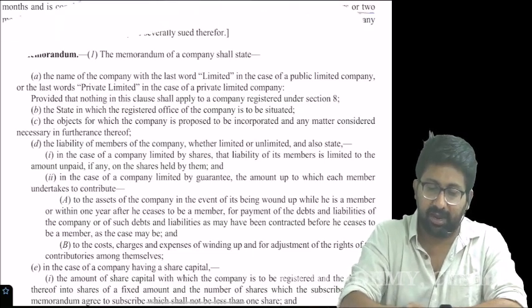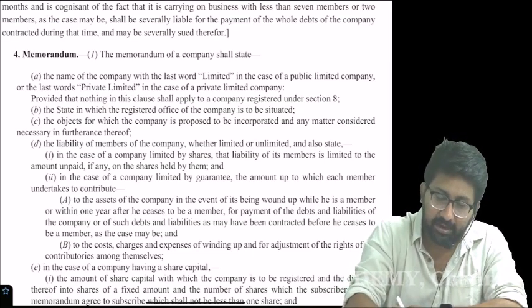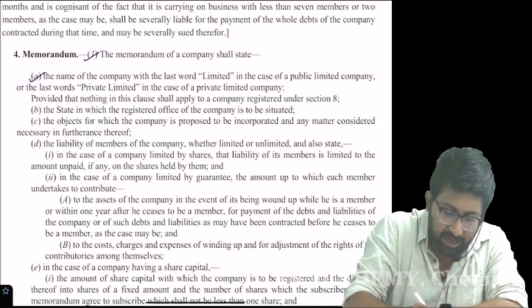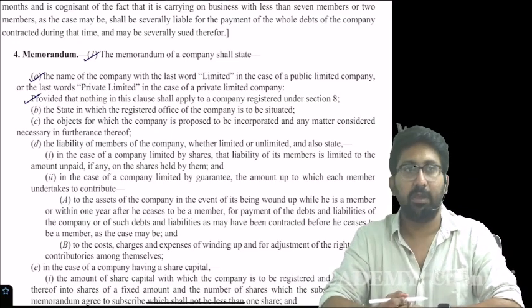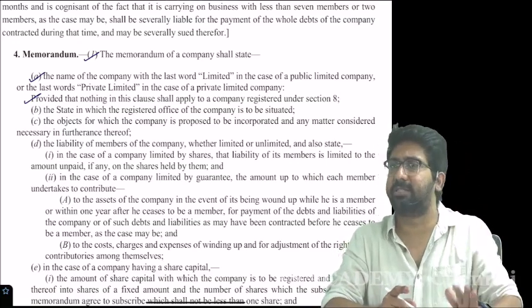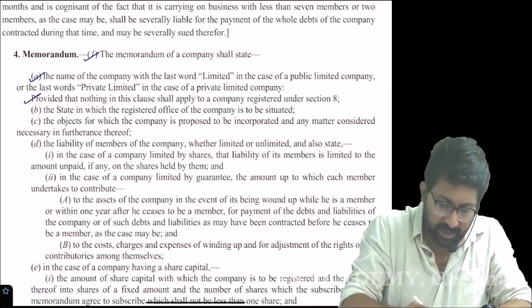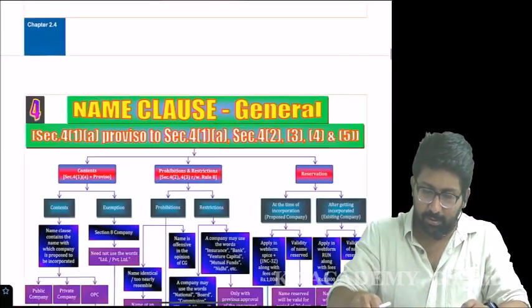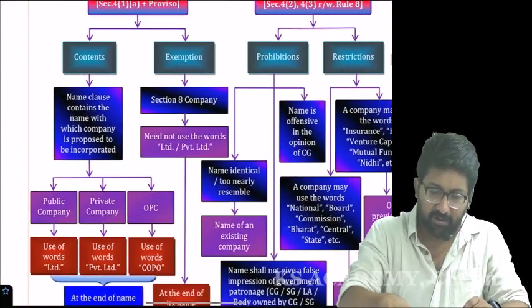So, in your Bare Act, you tick subsection 1, clause (a) and also the proviso. I want an answer from you. Understood completely about this? Yes, sir. Okay, we are done with the first part. Come to the charts material now. Please open that PDF if you have it, or else see the screen.